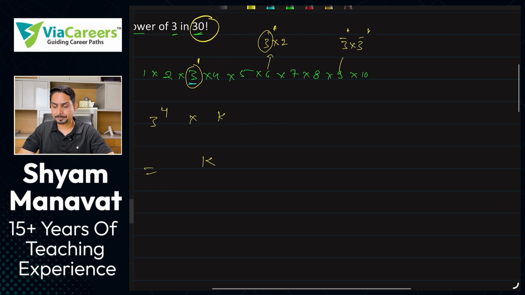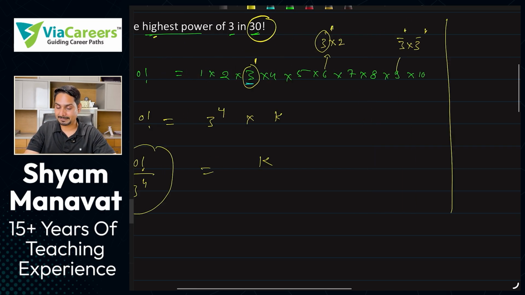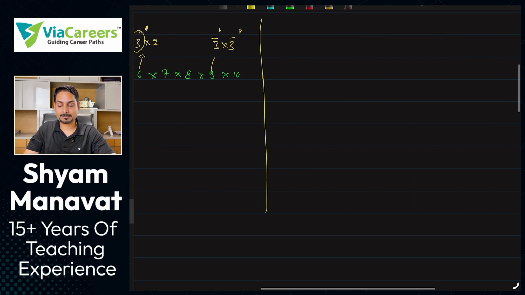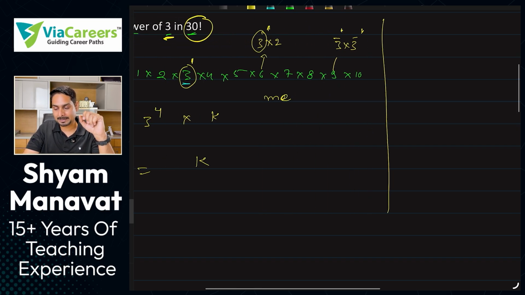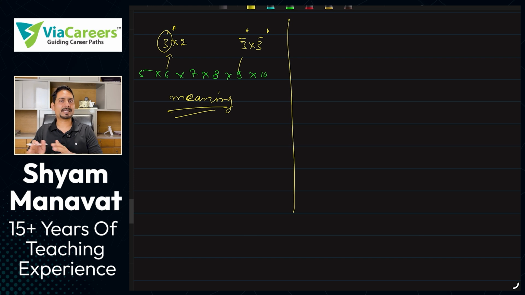Now, understand very carefully, people may get confused between this and factors. Factors are different, factorial is different. Suppose you have this question: what is the highest power of 3 in 10 factorial? I will tell you the shortcut. Did you understand the meaning of this? Great. Now, if you understood the meaning, we can focus on the shortcut to get the answer fast. You don't get extra marks for extra steps in the exam. Nobody is going to check your steps. Your approach should be correct. But you shouldn't bluff your way to an answer either.